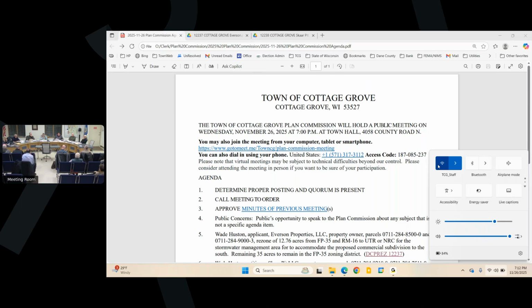zoning. And there's two options listed on the agenda, and I think the consensus now is that it would be rezoned to the natural resource district, the NRC district, within which stormwater management is allowed. And then everything north of the creek would remain zoned in farmland preservation zoning and not change in use at all. Following the rezoning and a certified survey map that'll divide the rezone areas into two, the Houstons will acquire the southern 12.76 acres so it can be incorporated in their development